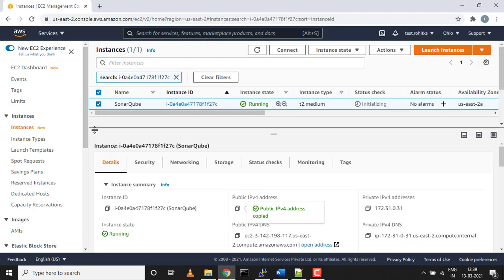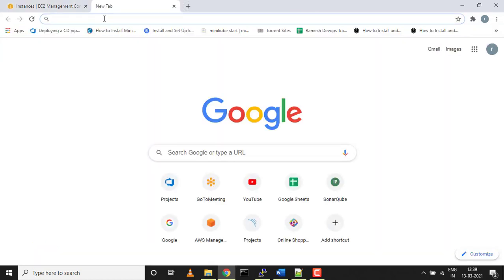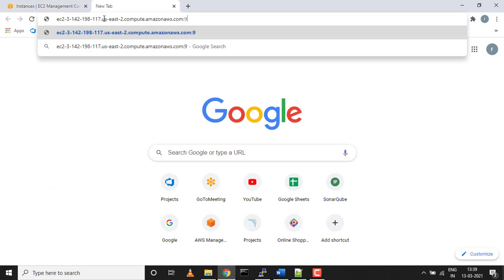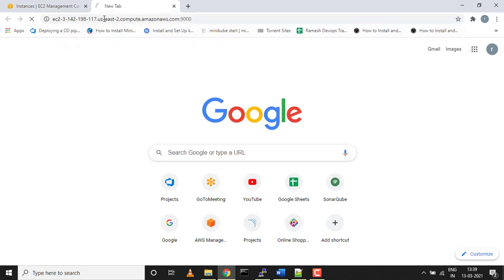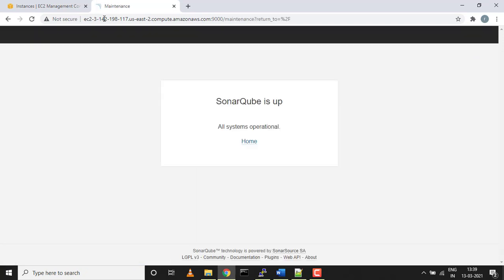You can access it using the public IP or the public IPv4 DNS as well. We'll stick with the DNS. Just put this DNS followed by colon 9000 and press enter. Hopefully my SonarQube should come up. Here we go, SonarQube is up.